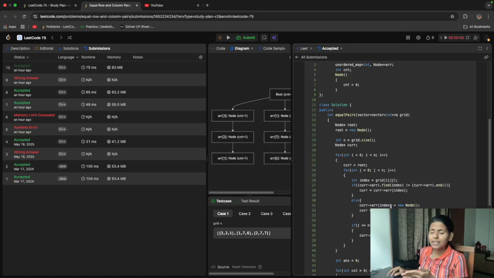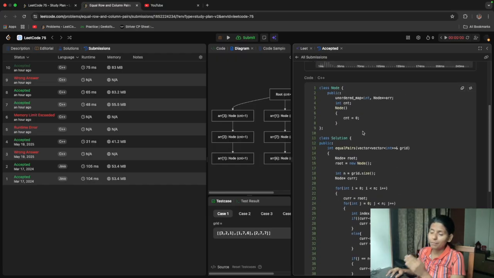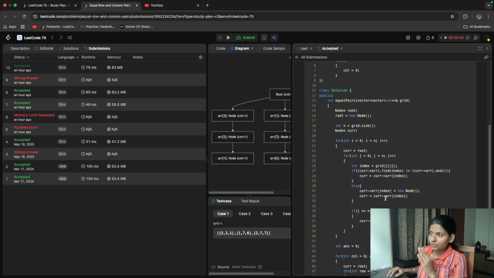What does array index mean? We are basically mapping that node to this index, and this array is nothing but a map. This is not an array or vector, and I mistakenly labeled it, or it's somewhat ambiguous, because array means array, but it is a map, since it is the name of my map. And yeah, I did this first.